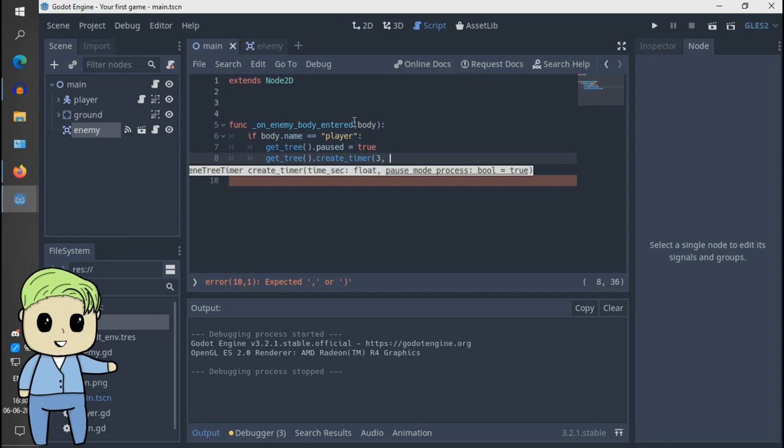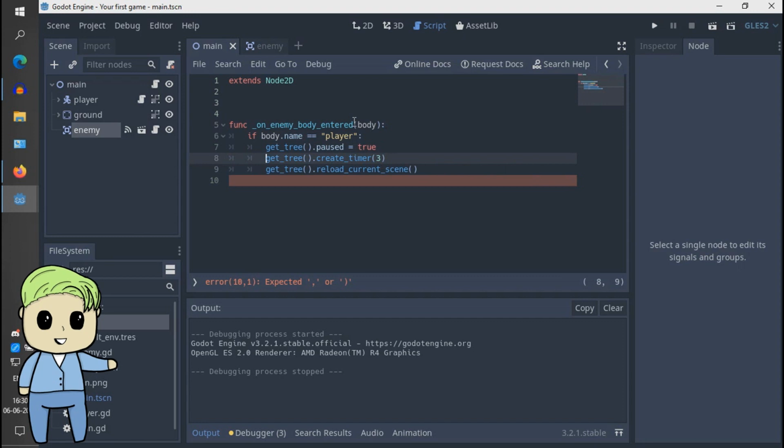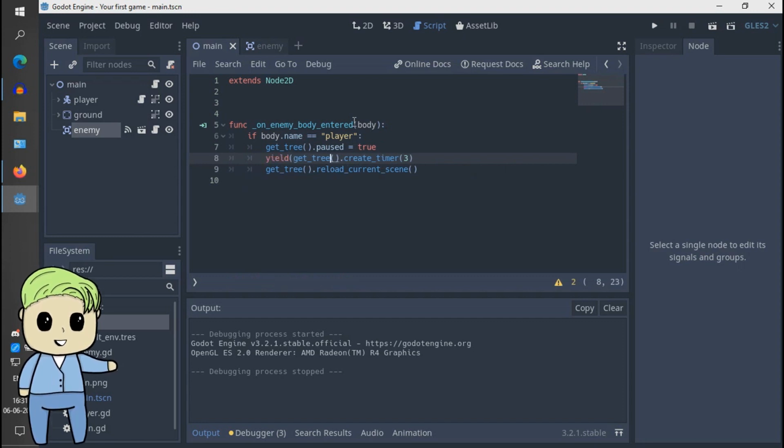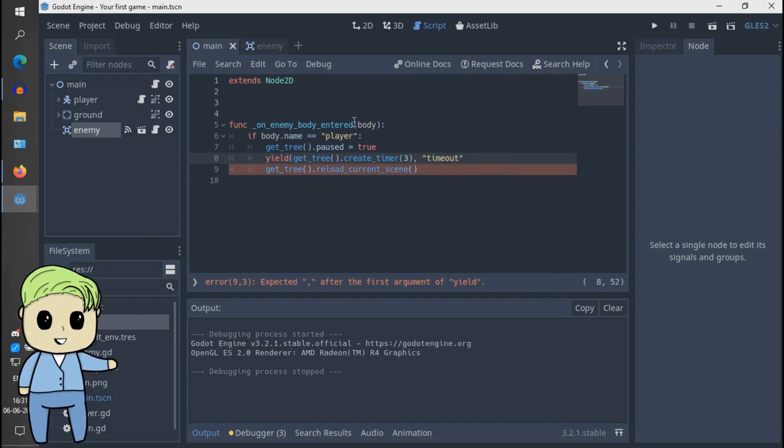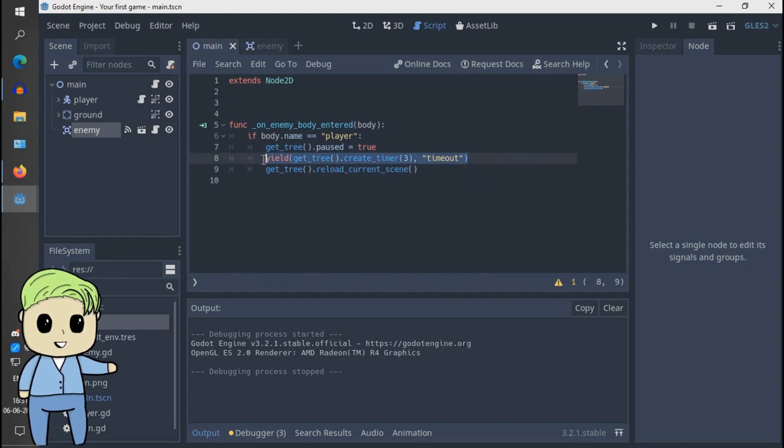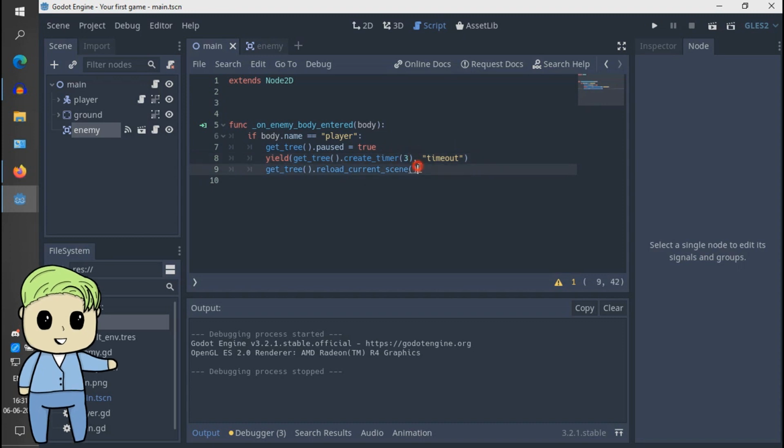Okay, sorry. So before that we need yield. Okay, and it's going to emit the output, that is timeout. Okay, now this right here is how you create a timer using code. Okay, and I'll show you another way how we create timers shortly. Okay, and we're going to wait for 3 seconds, and then we're going to restart the current scene, and we're going to say get tree dot paused